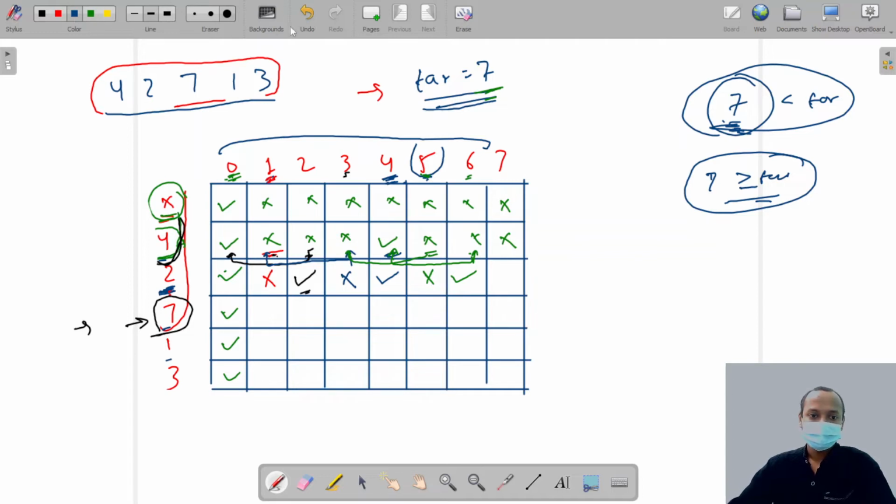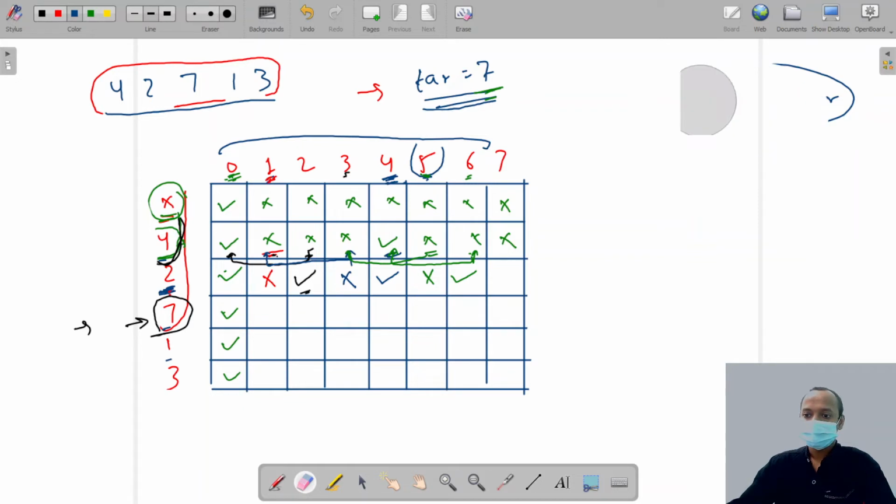Okay, so now if we are not able to choose the player, the target has to be achieved by the rest of the players.